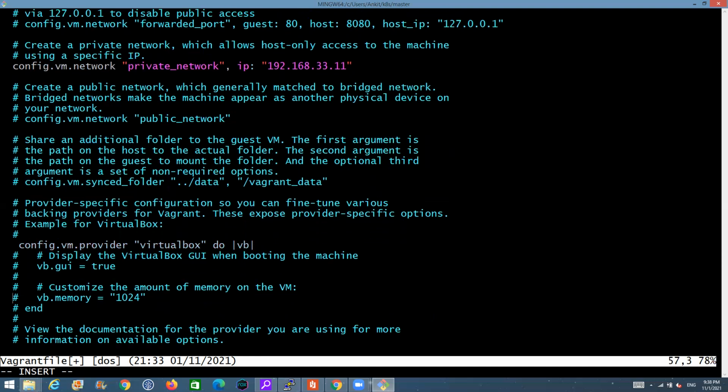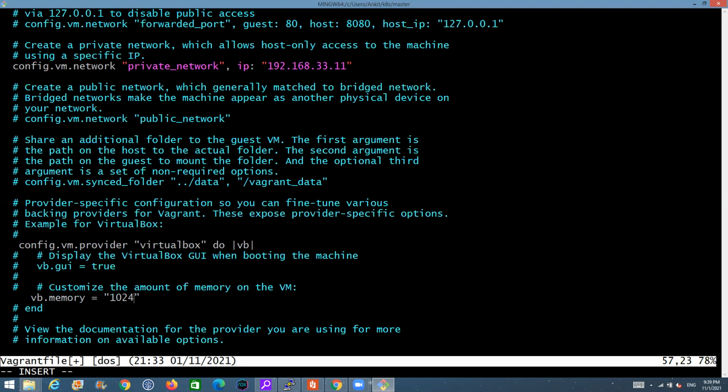Secondly, just scroll down and uncomment this vb.memory. Here you can provide how much memory your virtual machine will have. Depending upon your host memory, you can easily give memory to your virtual machine. I have a 16 GB laptop, so I'm willing to provide around 4 GB memory to my master machine.